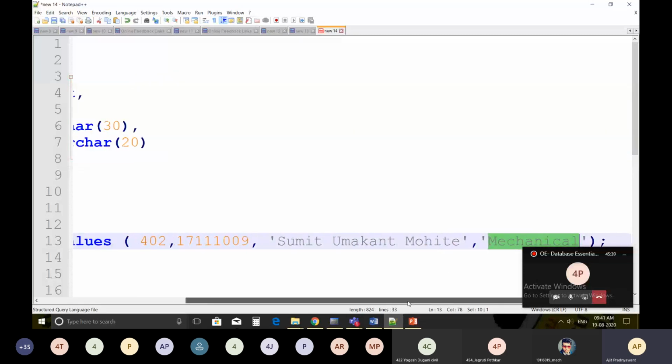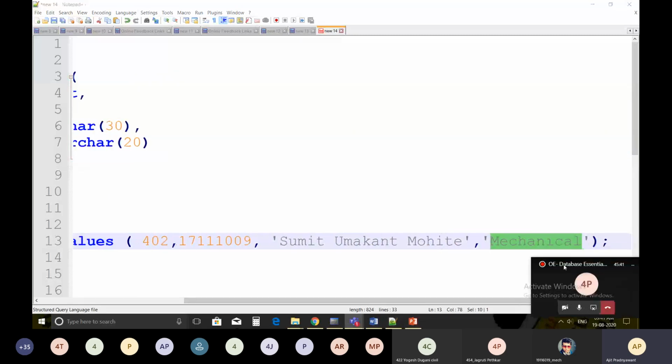Whatever string values are there, you have to put them inside single quotation marks, and every element you have to separate by comma. If attributes like name and address are defined using varchar, you have to mention them in single quotation.